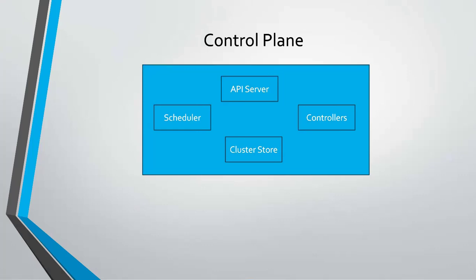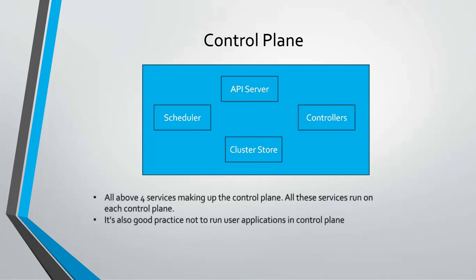So now we'll try to understand in more detail what the API server, scheduler, cluster store, and the controllers are. All the above four services make up the control plane. All these services run on each control plane. That means there is no hardened role. There may be multiple control planes, and it will be in odd numbers, 1, 3, 5, like that. So whenever you are installing or attaching your virtual machine to the control plane, it will definitely have